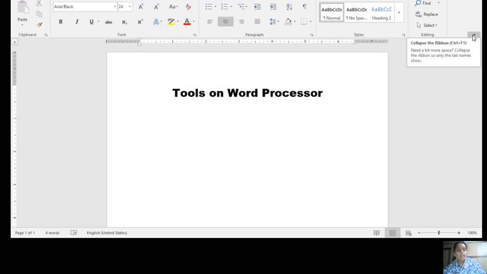Understand it? Then you can see File, Home, Insert, Design, Layout, References, Mailings, Review and View. These are called tabs. Understand children? You call them tabs.